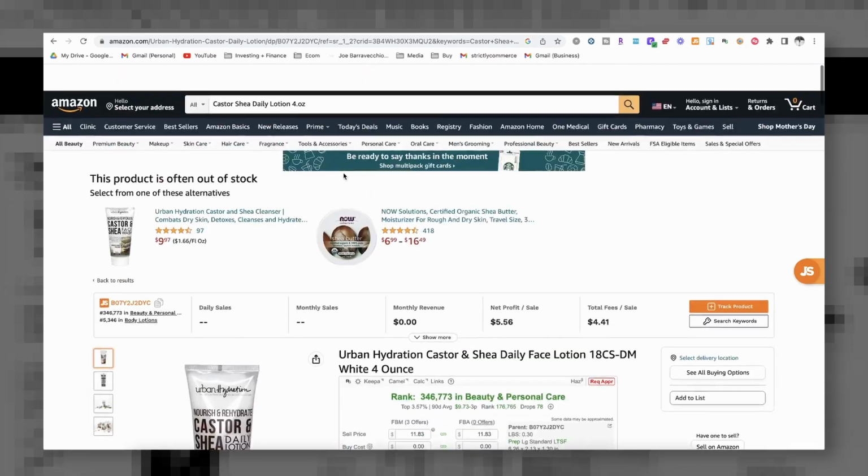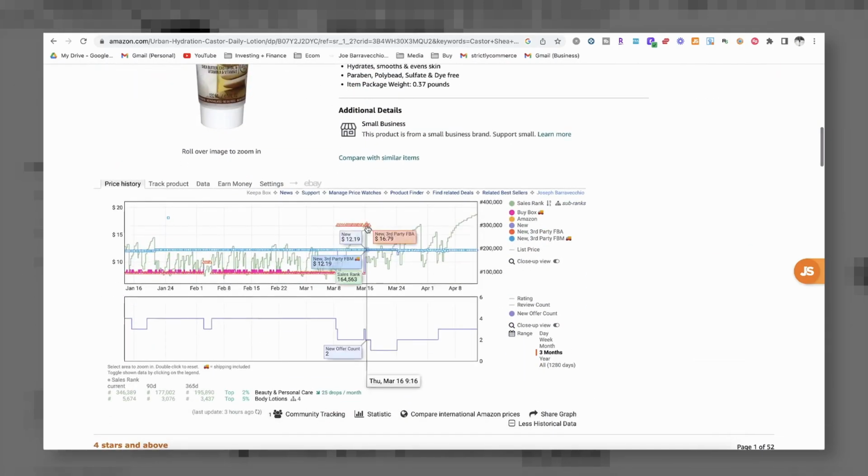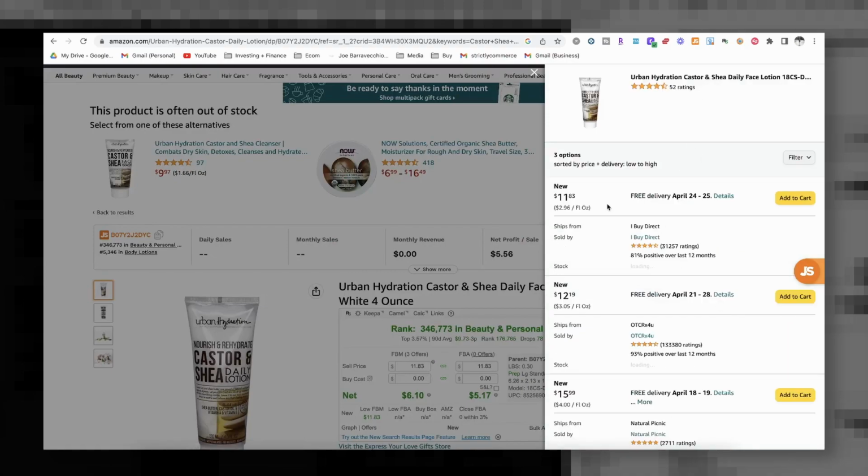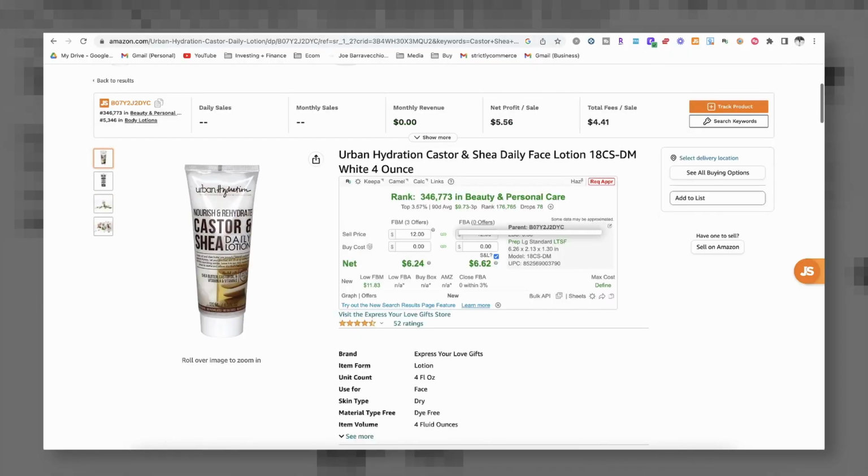And it's not that you can't make money, you just have a lot better of a chance of getting screwed over on a listing compared to when you reverse them yourself. Something like this is not necessarily a listing I would run away from, because all it is that they're pretty much out of stock. Nobody's really carrying this product, and if they are carrying it, it's definitely at a crazy high price. So if we could sell this around 12 bucks, let's say, there is a chance that the price drops. There's no way we're gonna compete at $7.99, but this isn't something that I would like completely run away